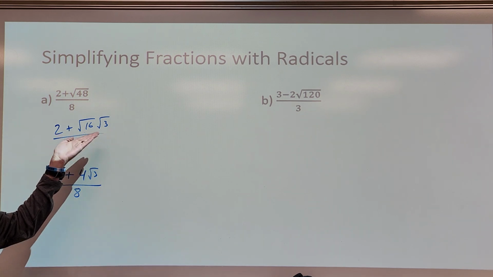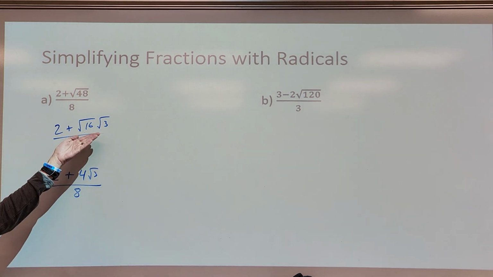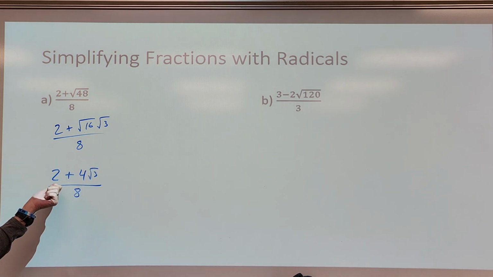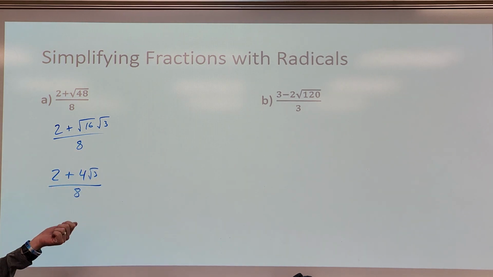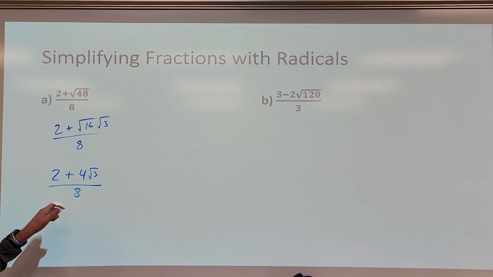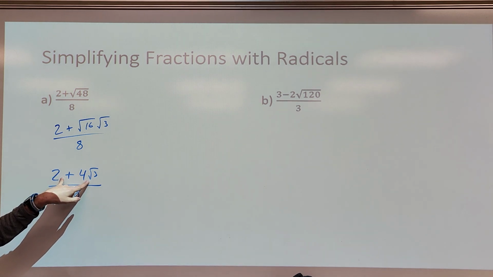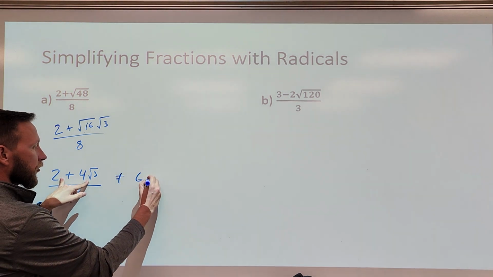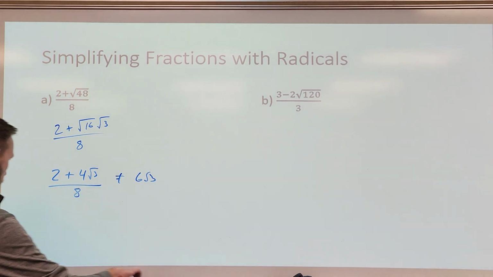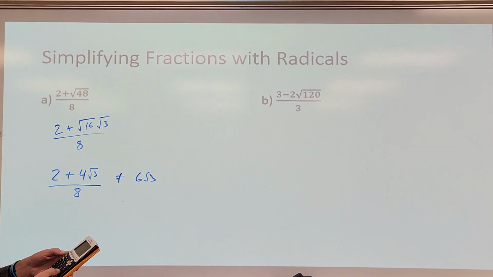Likewise, 2 plus the square root of 16 times the square root of 3 is not 2 times the square root of 16 times the square root of 3. And 2 plus 4 times the square root of 3 is not equal to 6 square roots of 3. So you have to understand that this does not equal 6 square roots of 3. If you want convincing evidence of that, I can type in my calculator 2 plus 4 square roots of 3, and I can type 6 square roots of 3,